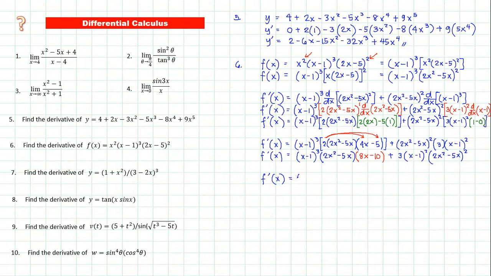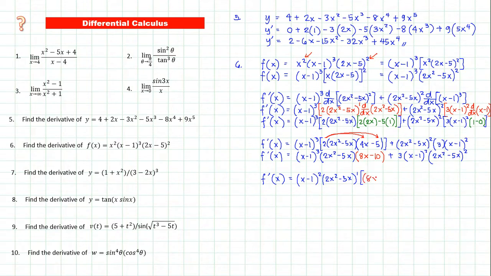I-factor natin yung pinakamababa. So, x minus 1, ang gagamitin natin na exponent ay 2 kasi siya yung pinakamababa. Sa 2x squared minus 5x, ang gagamitin natin na exponent ay 1, kasi siya yung pinakamababa. Kaya ang natira dito ay yung ating 8x,